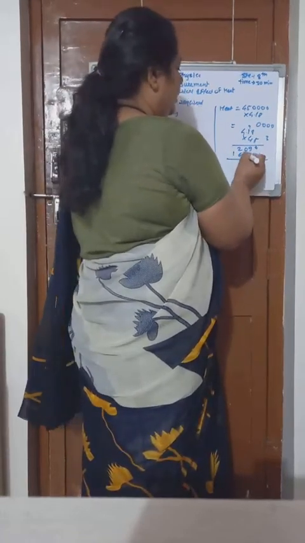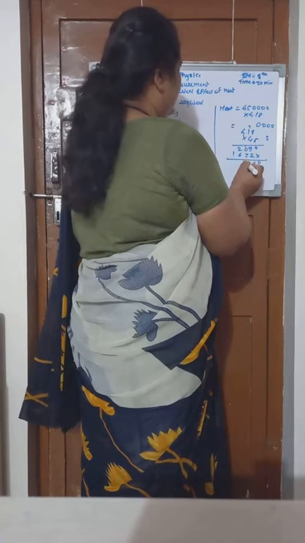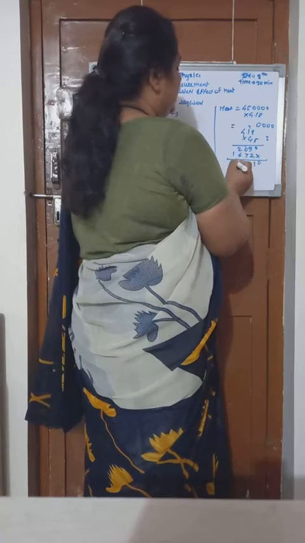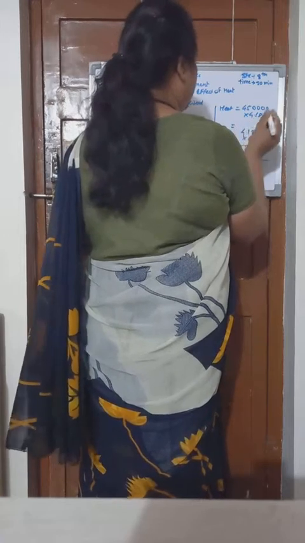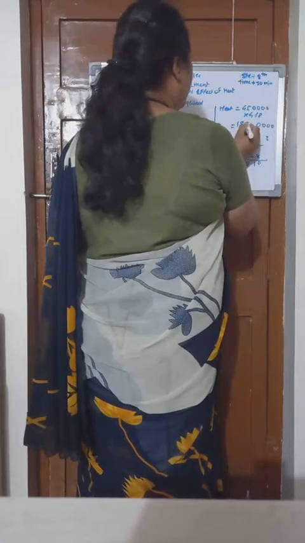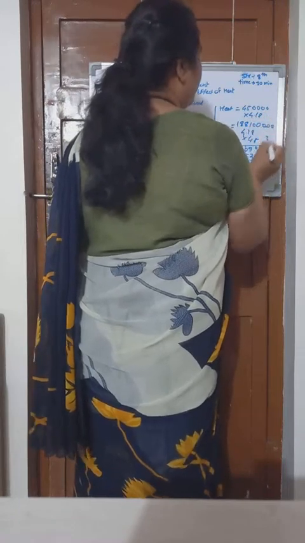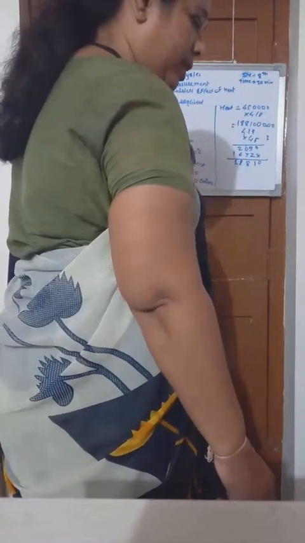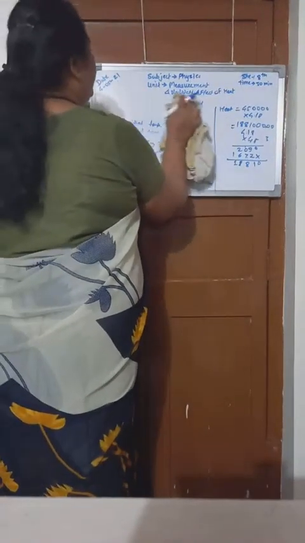Good. 1 carry over. 1 plus 0 plus 8, that is 1 plus 0 plus 7 equal to 8. 8 plus 6 plus 2. Here 1. Write down here 18810. We have to put decimal point here. Okay. This is your answer. Write down this. Then we have to take another problem.